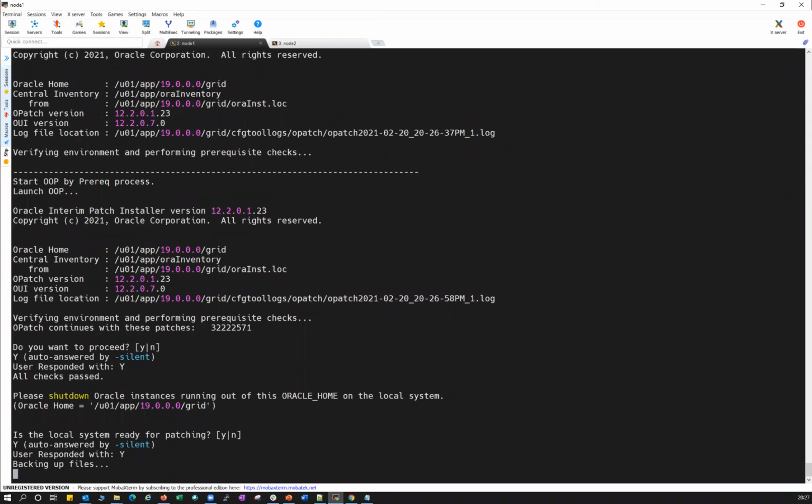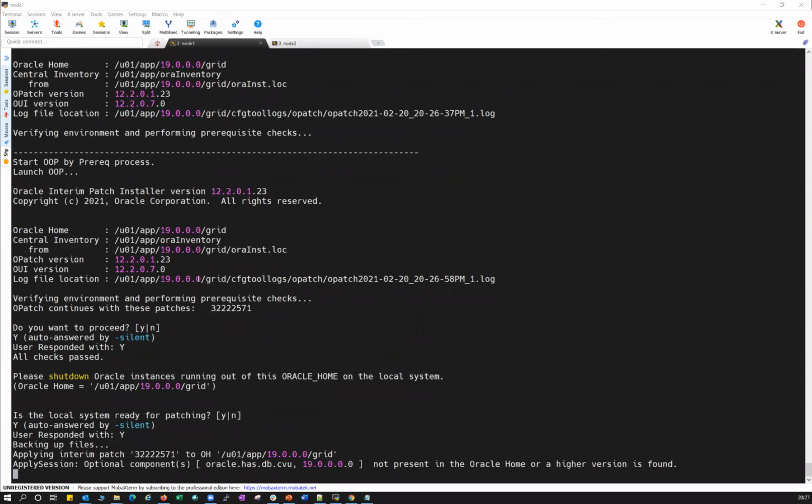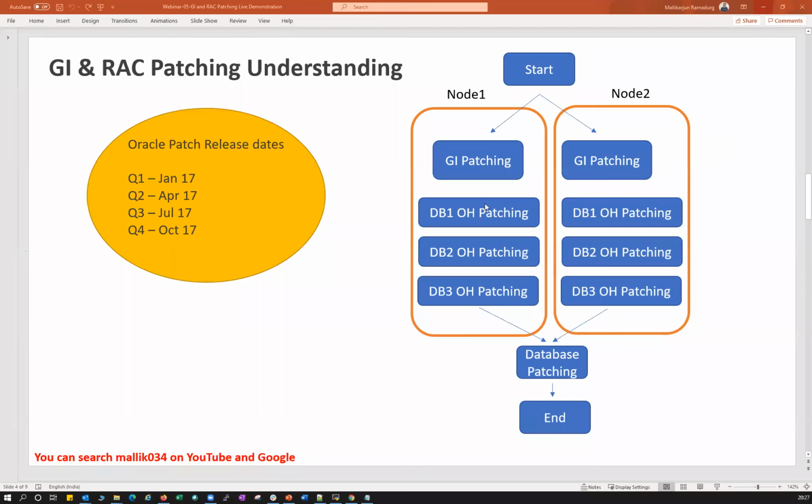Can we patch just one grid node and ignore the remaining? Yeah, of course you can do it. Some customers run very critical applications, like financial banking applications. They will have a 4 node cluster and patch tonight, with only a downtime of around 2 hours. Every day they will patch one node, starting at 12 a.m. and ending the window at 2 a.m. They will finish the patching, bring it up, stop the patching, and go for the next day.